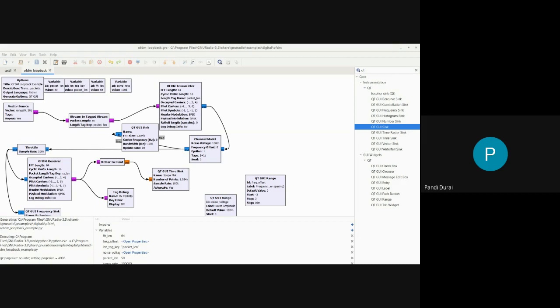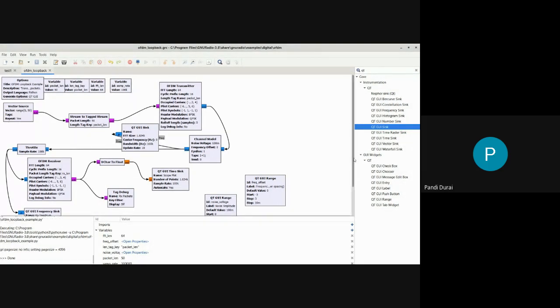Sorry, I have not named it. Whichever is not named, that is ours. This is after your channel model. You can make it, sir. So we need to name it actually. So here they have mentioned